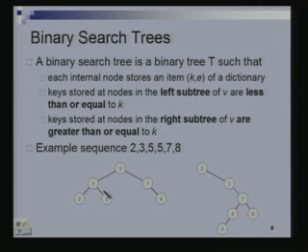Not all keys which are larger than 3, of course there are keys larger than 3 here, but basically if I look at the left subtree, all the keys in the left subtree will be less than this node, and all the keys in the right subtree will be larger than this node. Similarly for this tree, all the keys in the right subtree are larger than this key value. For the left subtree, there is no left subtree, so nothing to talk about here. If I look at this node, all keys in the left subtree are less than 7, and all keys in the right subtree are larger than 7, right.